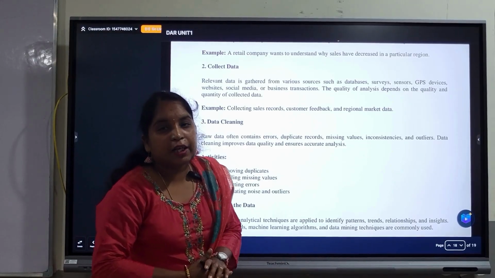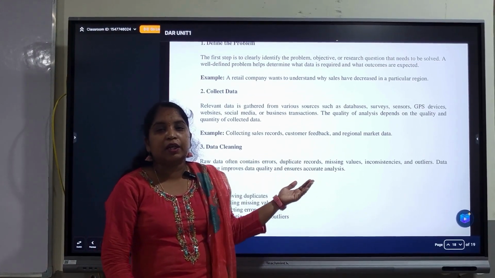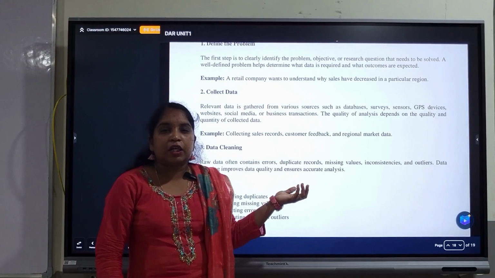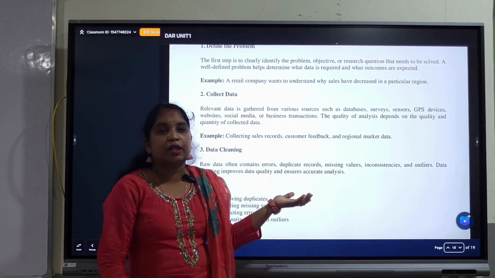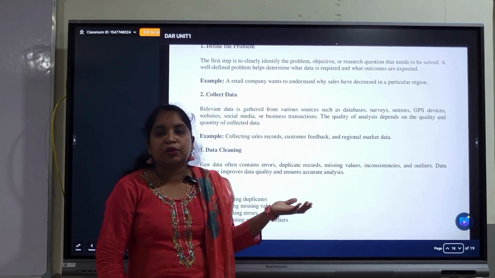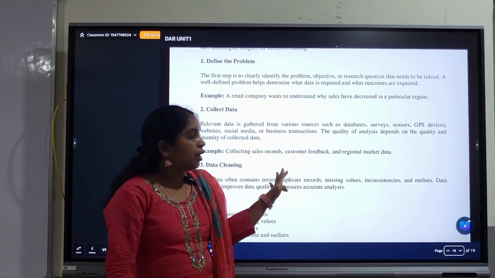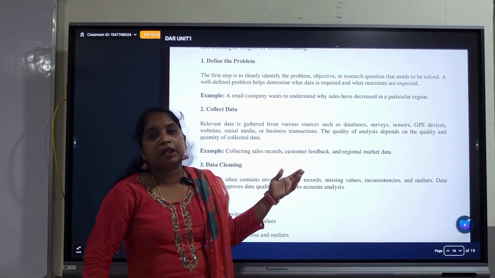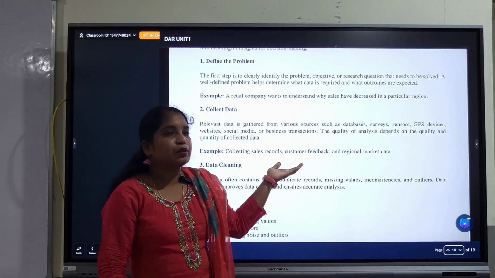Here you can collect the raw data from various sources. The data collection sources are the primary source and the secondary source.